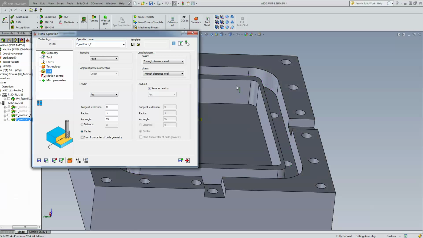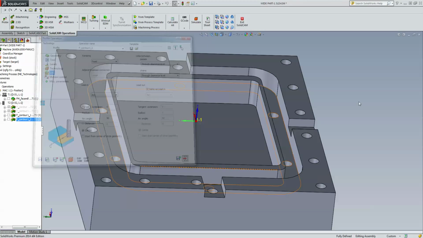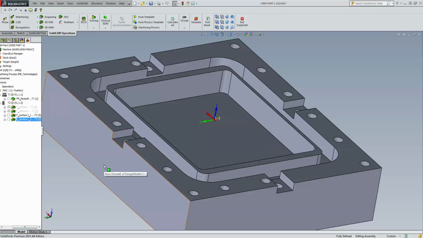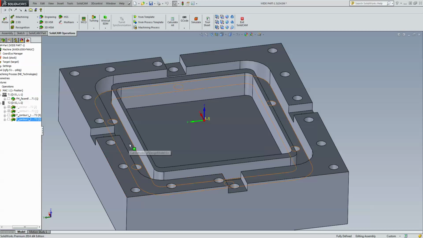Now, one more thing I'd like to do is I'd like to also work on these slots over here. If I'm looking at it, these slots are very similar to the operations that I did over here. I'd like to go down the middle and then clear off the walls. But you know what, what I can do is take these two operations that I've done over here, and